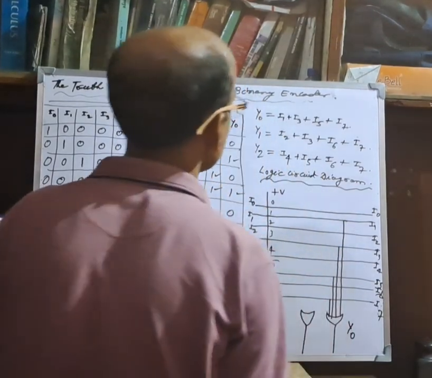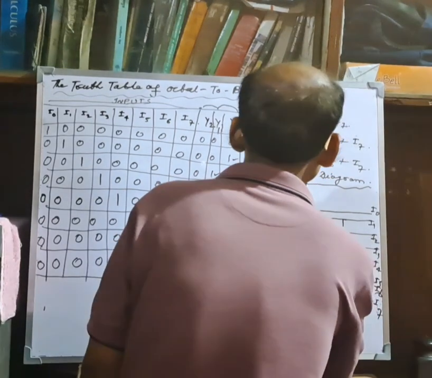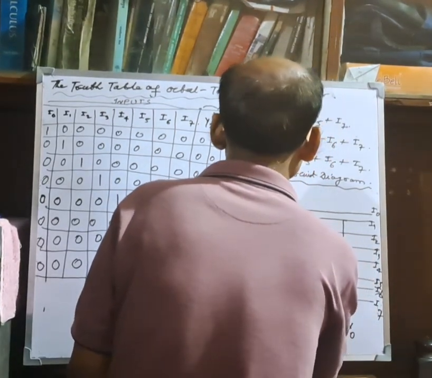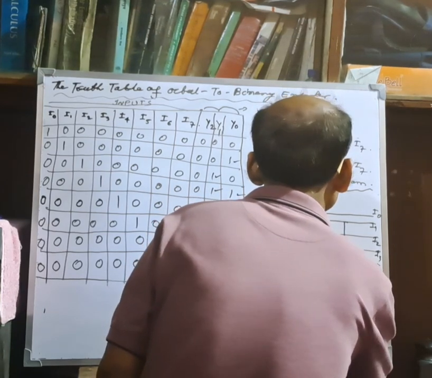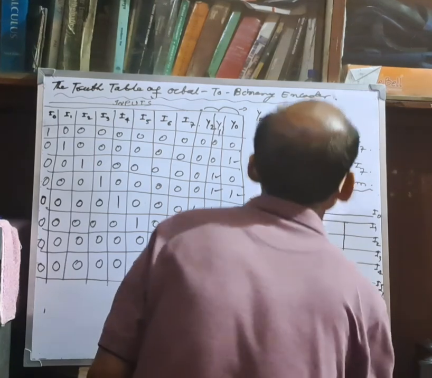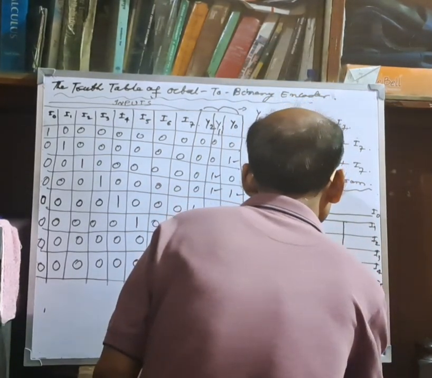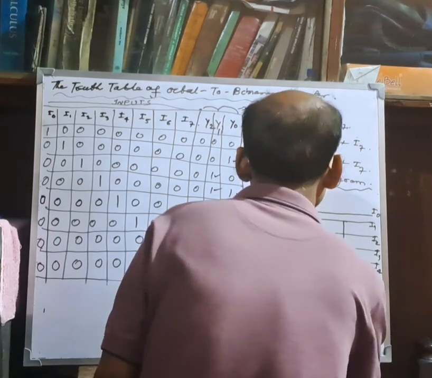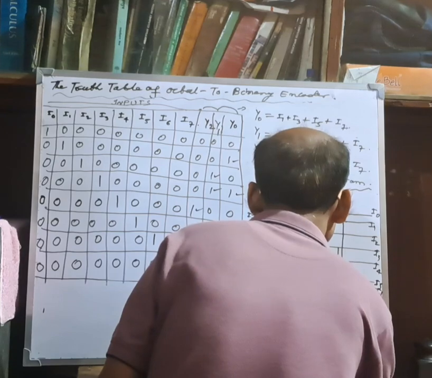And just beside this, 2, 3, 6, 7. You just see here I0, I1, I2. Okay, this is 2, 2, 3, 6, 7, 2, 3, and this is 6, and this is 7.